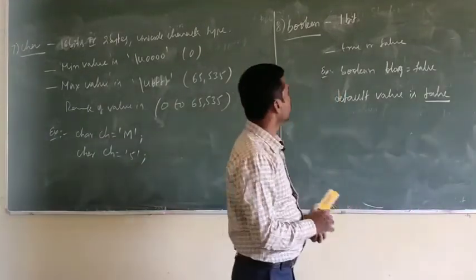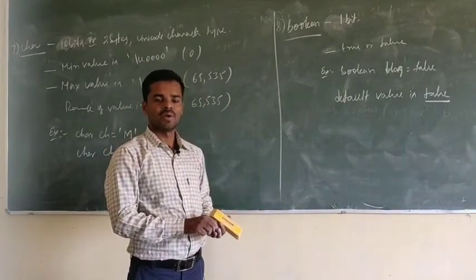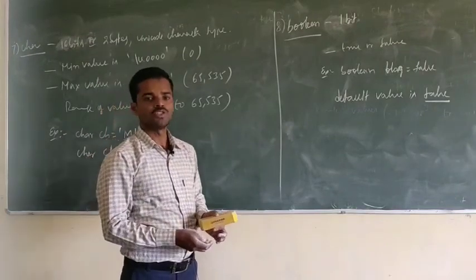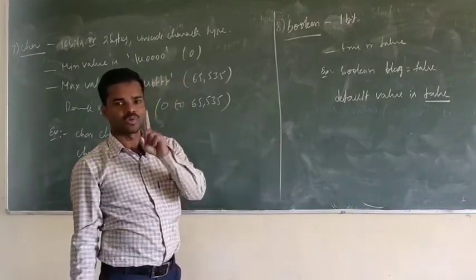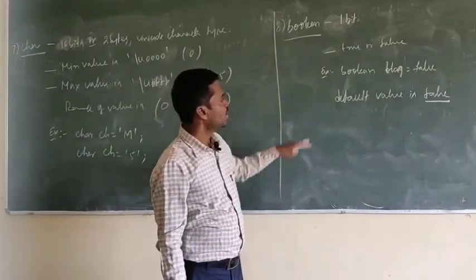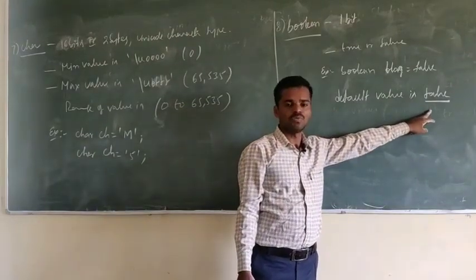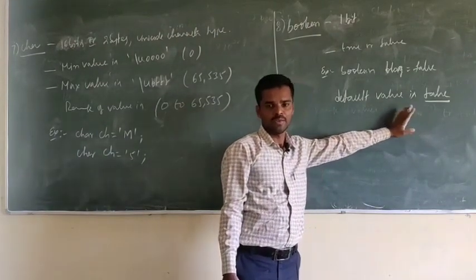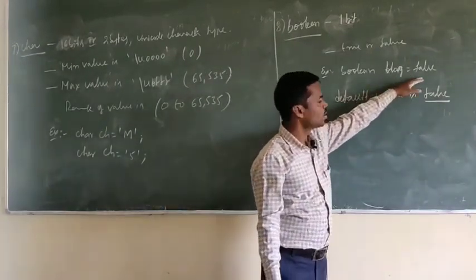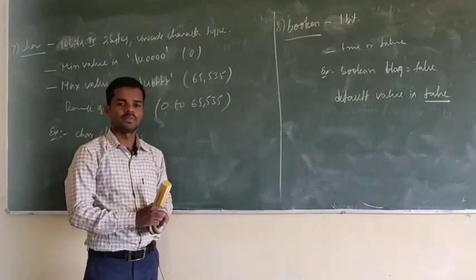False. So understood? The Boolean data type will store the Boolean values, that is either true or false. True means 1, false means 0. So you can store only 1 bit of information, that is the size of Boolean type. And Boolean by default stores false. Suppose if you have not assigned any value to the Boolean variable, then by default it will take false. So this is the one example for Boolean type. So these are the 8 primitive data types in Java.